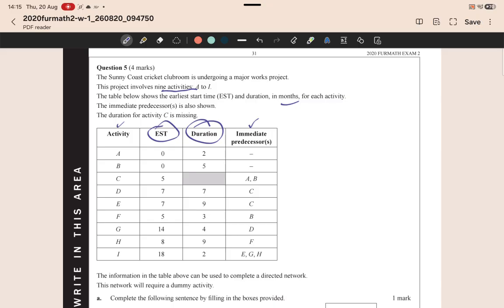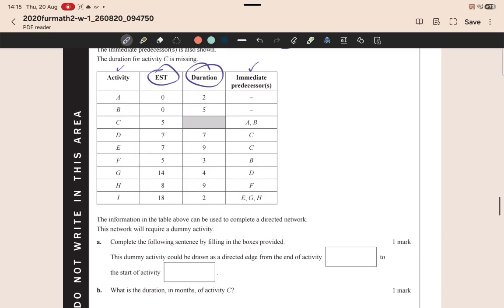And the very first question asks you, the information can be used to complete a directed network. So maybe they do expect you to draw a network. This network will require a dummy activity. Complete the following sentences by filling in the boxes provided. The dummy activity can be drawn as a directed edge from the end of activity box to the start of